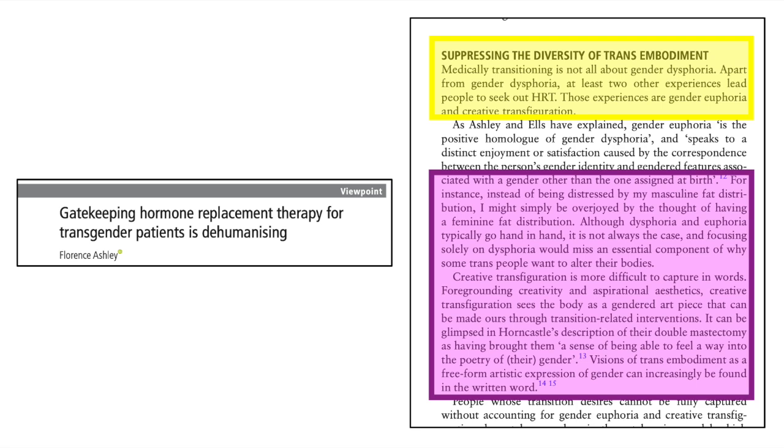Visions of trans embodiment as a freeform artistic expression of gender can be increasingly found in the written word. So these are radically different approaches than the kind of approach that formed the rationale of the Dutch protocol, as well as research on medical outcomes that have been published over the last 20, 25 years or so since these interventions were first